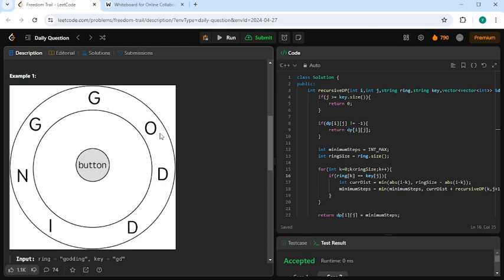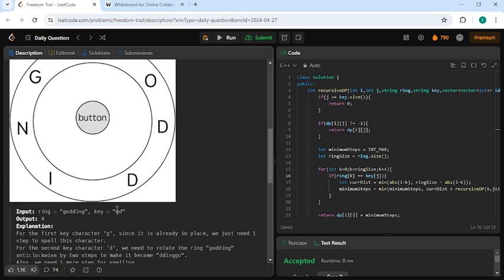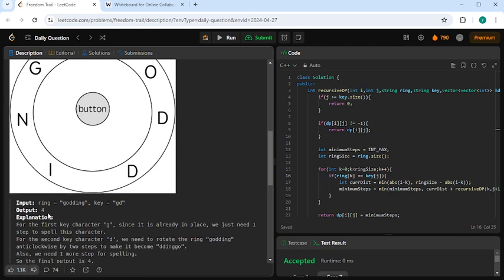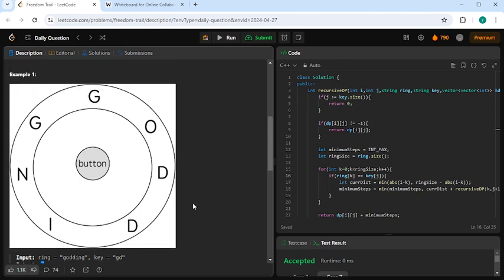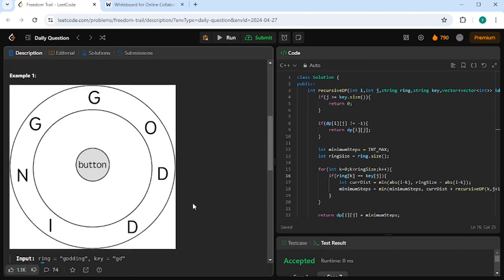The total number of operations for moving D to 12 noon and spelling is 3. So for G we required one operation, and for D we required three operations. The total answer is 1 plus 3, that is 4. Hope you understand what they are trying to say.